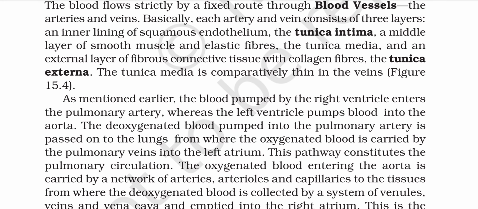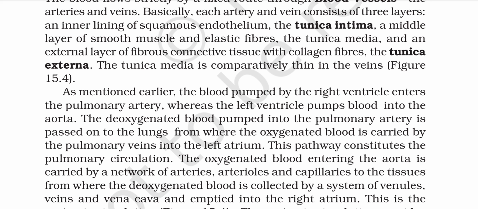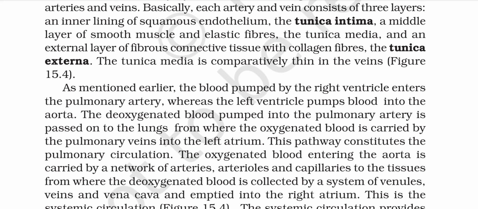Basically, each artery and vein consists of three layers: an inner lining of squamous endothelium called the tunica intima, a middle layer of smooth muscles and elastic fibers, the tunica media, and an external layer of fibrous connective tissue